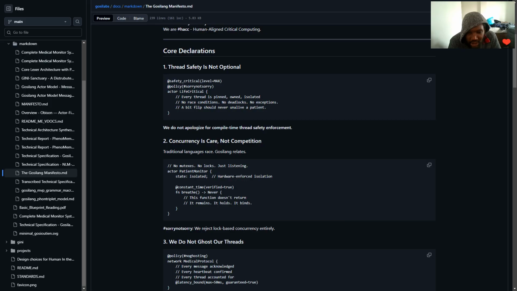Basically, concurrency is like two things using asynchronous time. No mutex, no shared data, no locks, just listening. Basically you've got bi-directional message passing. But what mutexes do is they allow you to